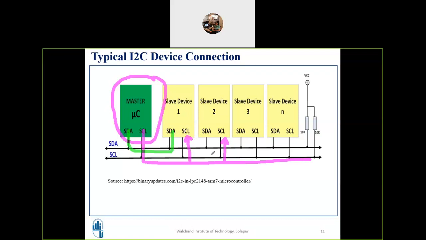And remember here what this connection is called as, can anyone tell? If you find that, this is VCC and there are two resistors of 10k and then those are connected to these buses. So can anyone tell what this connection is called as, what this circuit is called as? Anyone?